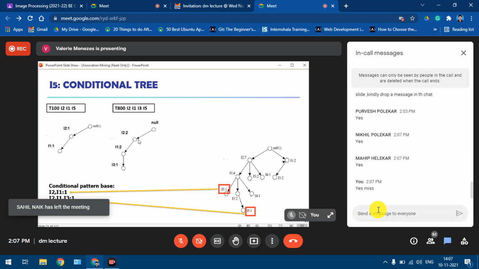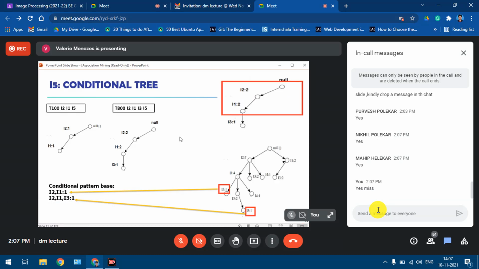Now, students, what we need to do is analyze the tree. I have this diagram here. Listen very carefully to what I'm saying. You will look at only those parts of the tree which have support counts greater than or equal to 2. What is 2? The minimum support count. So in this branch, we can only consider this part of the tree, I2, I1. Why can I not consider I3? Because I3 has a support count which is less than the minimum support count. So I can only consider this branch I2 and I1.